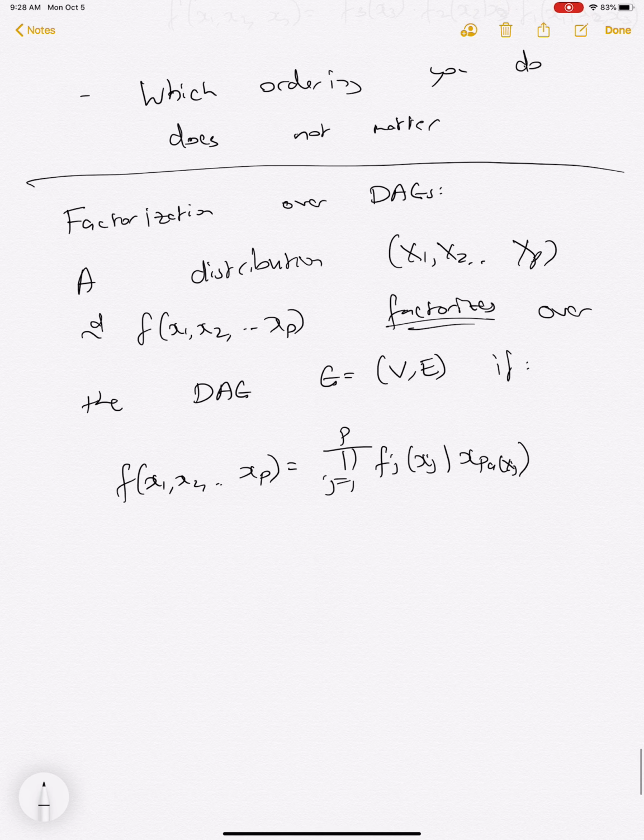So this fj(xj given x parents of xj) is the conditional PDF